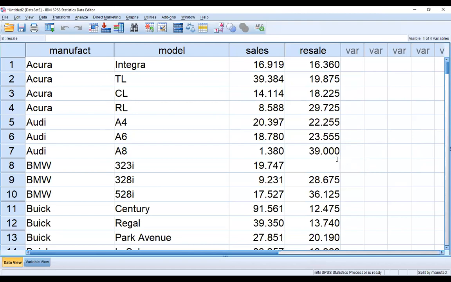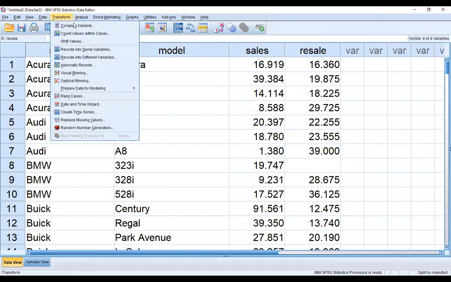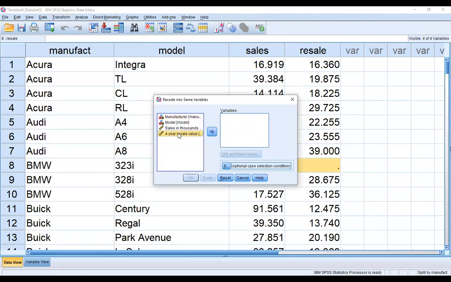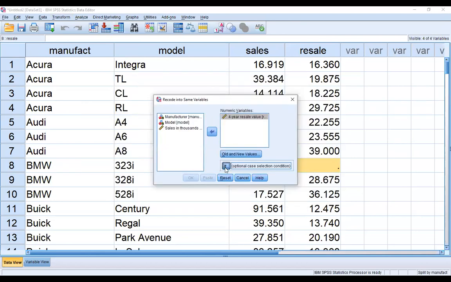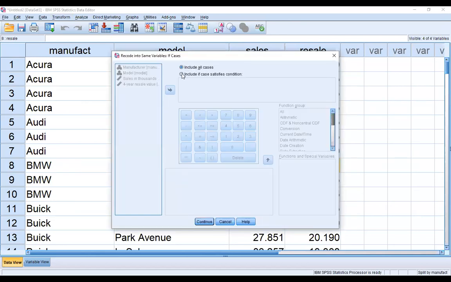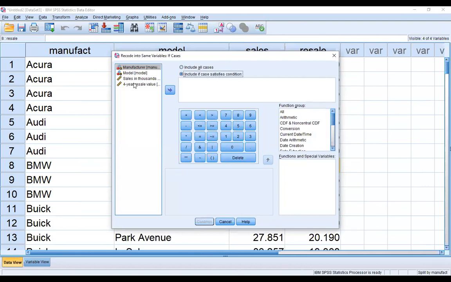So you go to Transform and then Recode into Same Variables, and then for year sales, old and new. Cancel it. Now, if case satisfies condition, include, so here manufacturer equal to BMW.